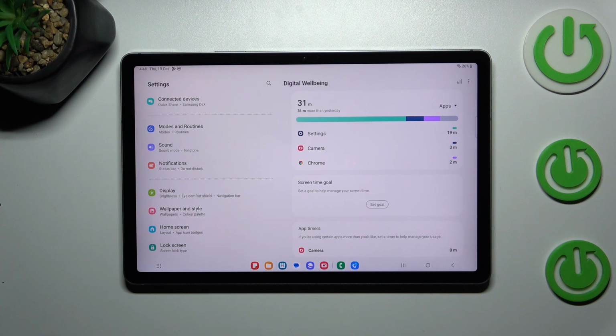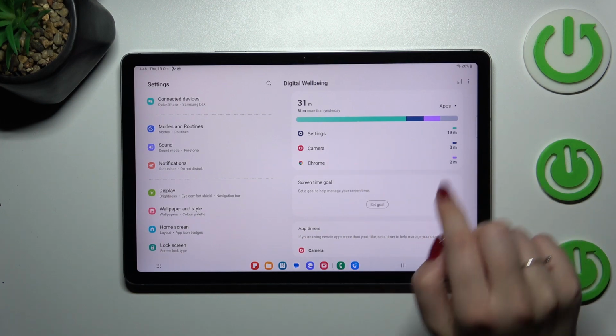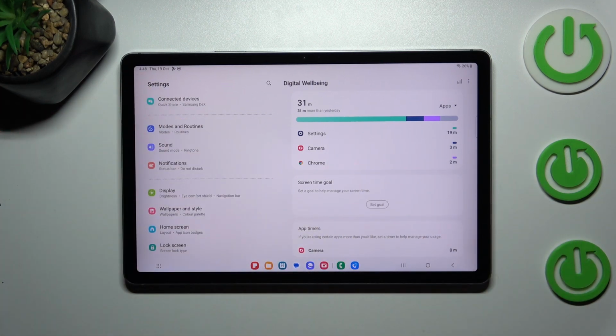And as you can see, after tapping on it, we will be transferred to this section, this graph, which will show us for how long we've been using this device today. So as you can see, in my case, 31 minutes, and most of the time I've spent on the settings. We've got basically two different ways of